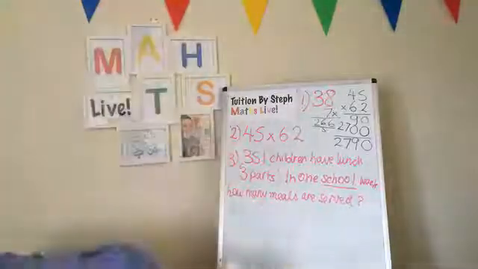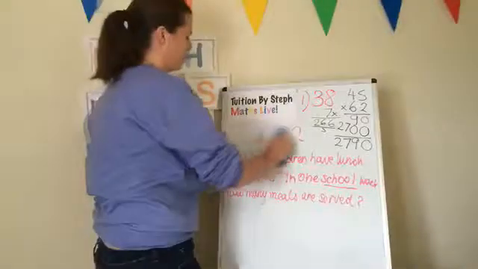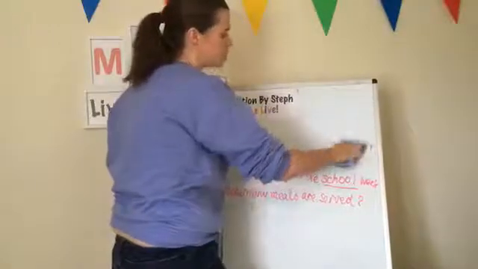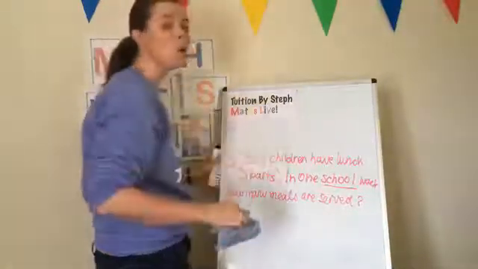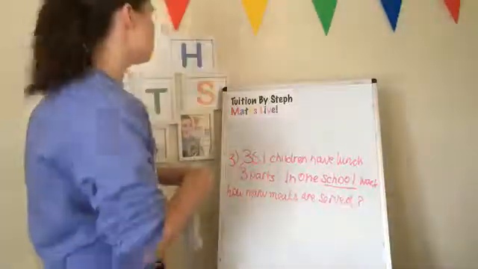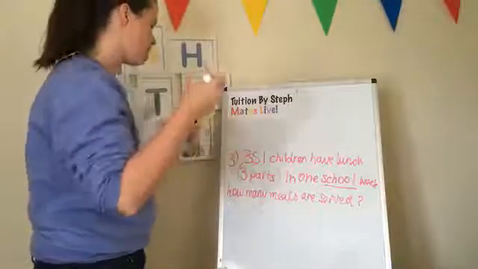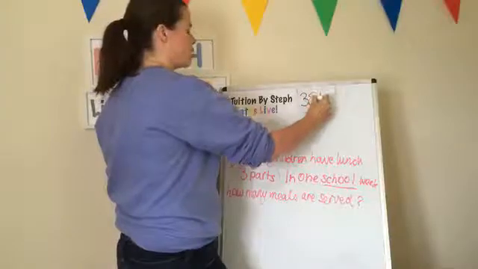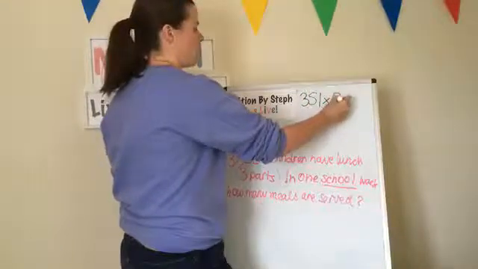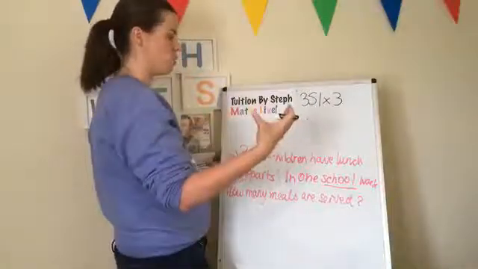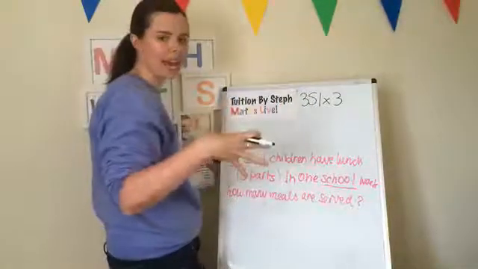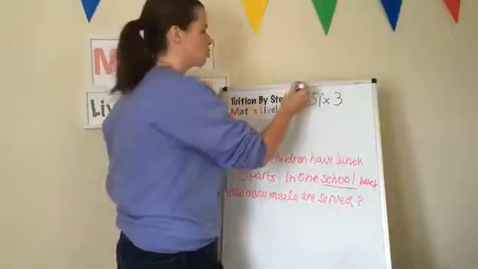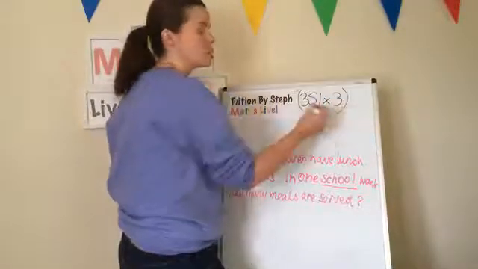Let's have a look. Oh, we've still got a lot of different answers for this last part of the question. So I'm just going to make some room, because I'm going to write the sum down first that you should be doing. It gives you a chance to have a go. So 351 children have lunch, and there's 3 parts. So first of all, we need to be thinking, right, how many parts are there all together? Even in one day, how many portions of lunch are served? But then it's how many in one school week. So whatever that answer is, we times it by